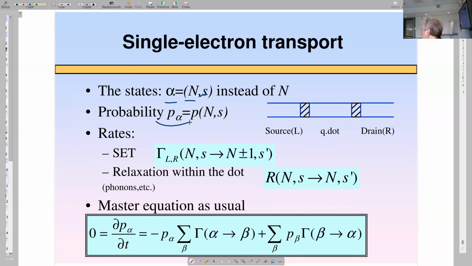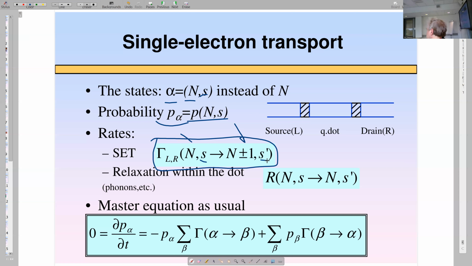Transport is characterized by a probability distribution to be in all the states. Right, so there are rates of various processes in the dot. There are single electron processes, single electron transfers. Again, we assume there's a SET transistor configuration. There is a left junction for the dot, there is a right junction. Electrons go through. So there are rates which increase or decrease n by one. One electron is transferred, and simultaneously, they could change the state of the dot.